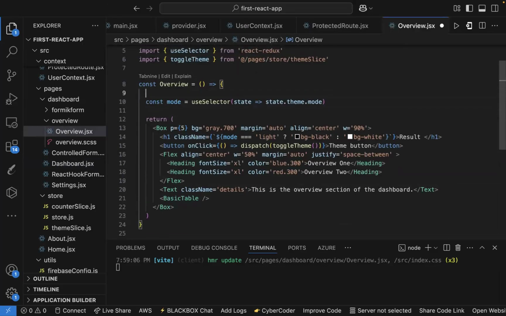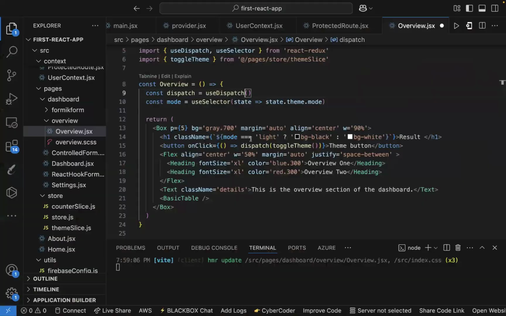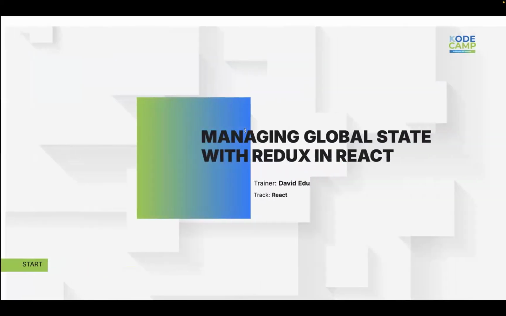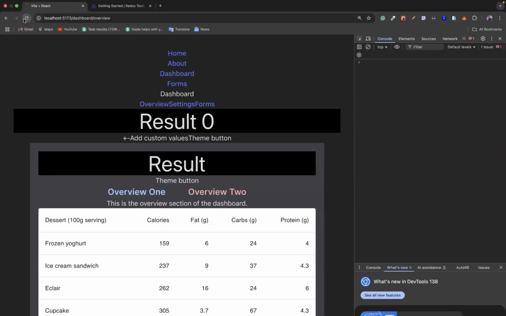Okay. And then let's import use dispatch. All right. Okay. So we should be good now. So our dispatch is now imported. Okay. So everything should work well now. So if we click on